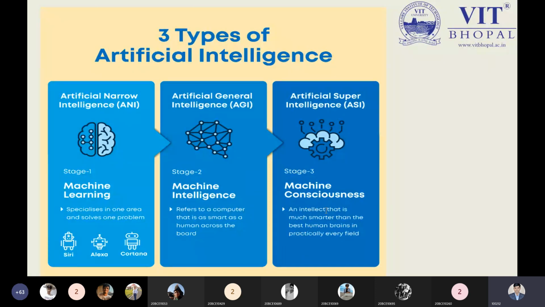AGI, artificial general intelligence, is a machine with general intelligence similar to a human being. Like the robot in the movie, it can apply its intelligence to solve any problem. While learning machine learning, I write algorithms to solve specific problems, like character recognition and face recognition. These are limited problems, and this is known as narrow AI.